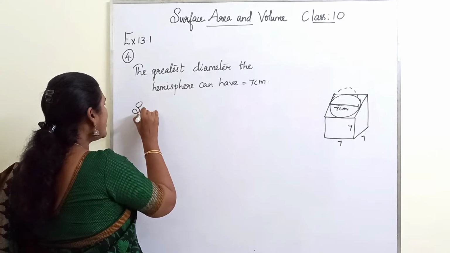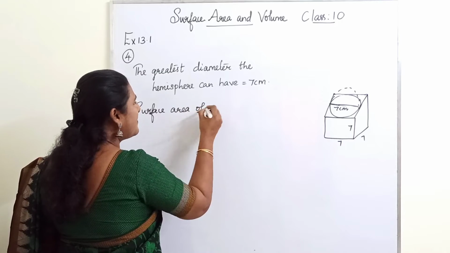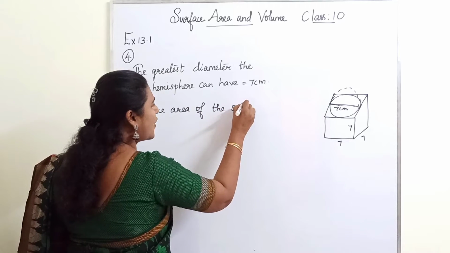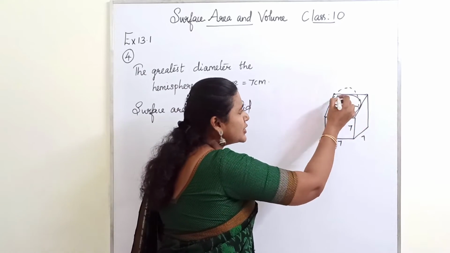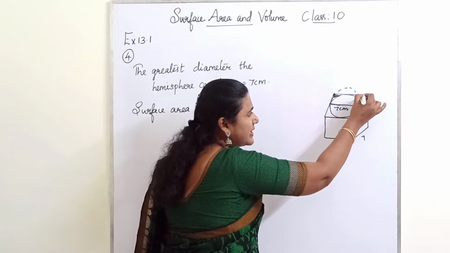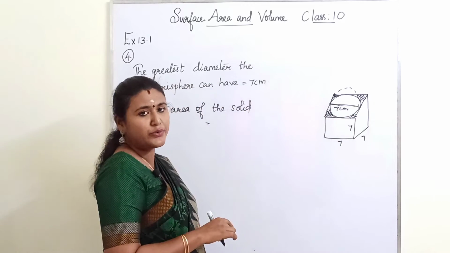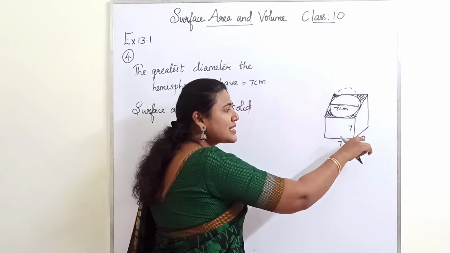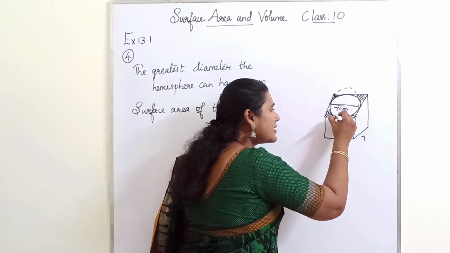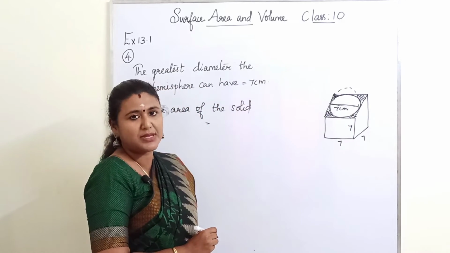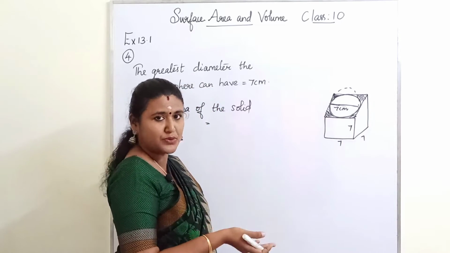So the surface area of the solid is equal to, what are the areas that will come under the total surface area of this solid? We will have all the 5 faces of the cube, and on the top face we have this region, that region which is not covered by the hemisphere. So this region you have to add. From the total surface area of the cube, if you subtract the base, actually this circular region is the base of the hemisphere, you will get the area of the cube exposed.